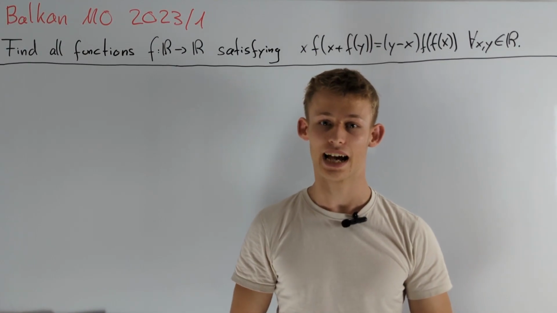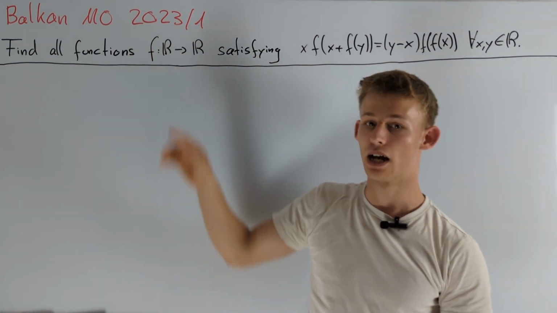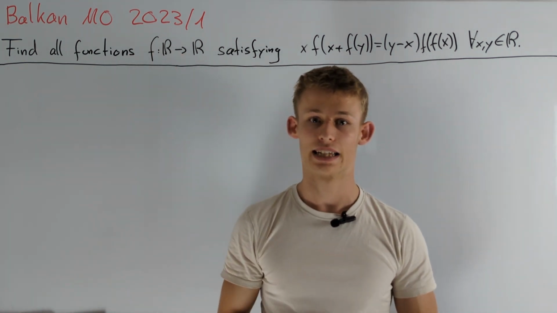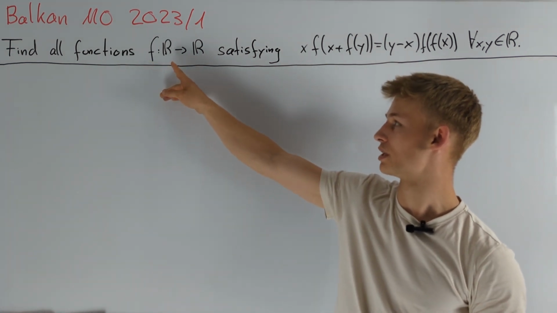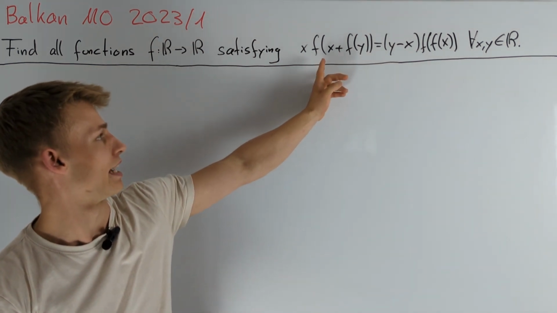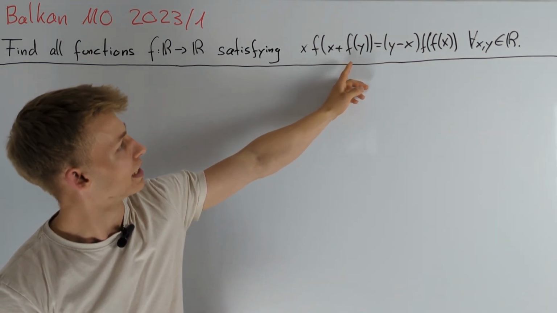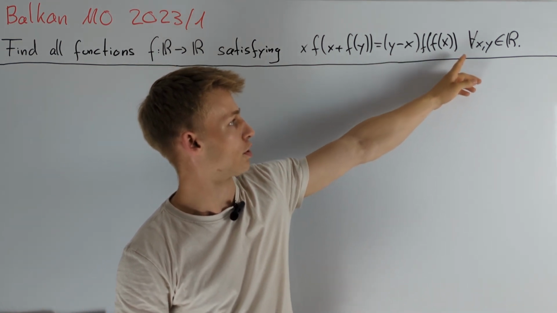Hey guys, today I want to present a solution to the Balkan Math Olympiad 2023 problem 1. At first, let's have a look at the problem statement. We are asked to find all functions from the real numbers to the real numbers such that x times f of x plus f of y is equal to y minus x times f of x for all real numbers